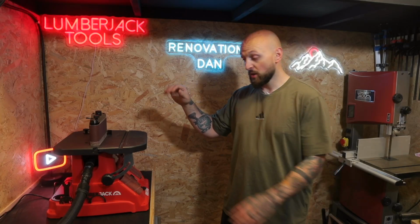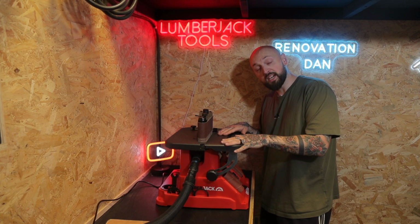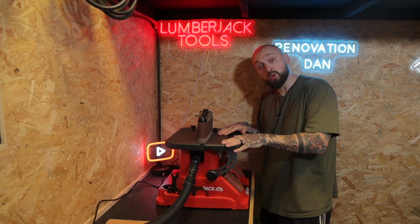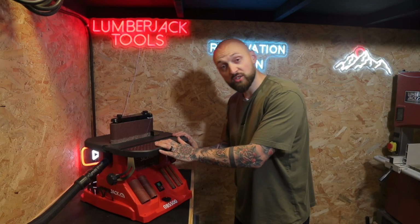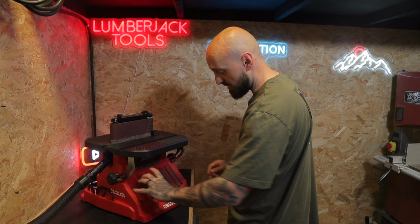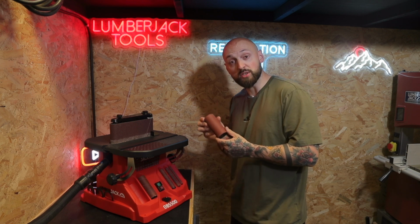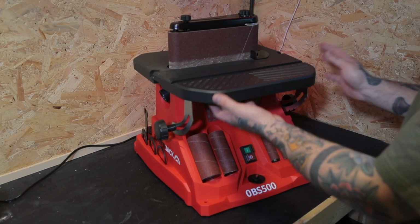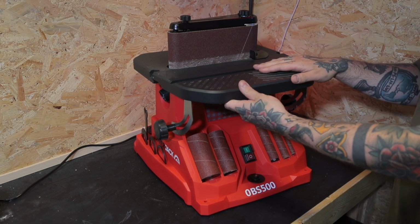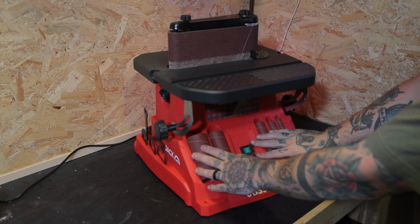Today I'm showing you the Lumberjack 2-in-1 Oscillating Bobbin Sander. A really handy bit of kit for sanding edges, curves or awkward shapes. I'll show you how to get it all set up like this in belt sander mode, and then also how to swap over to spindle sanding for those inside edges and awkward curves. Let's get stuck in. It's a 450 watt oscillating sander with a 100mm wide belt and a selection of bobbin